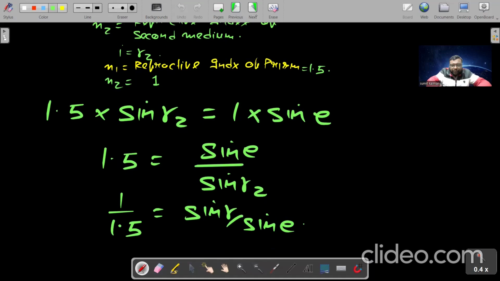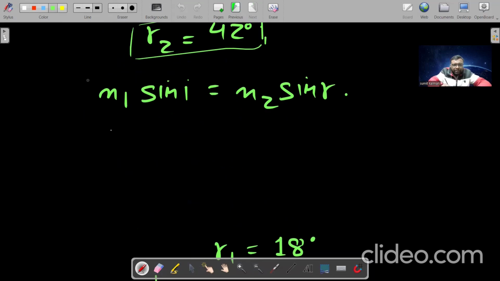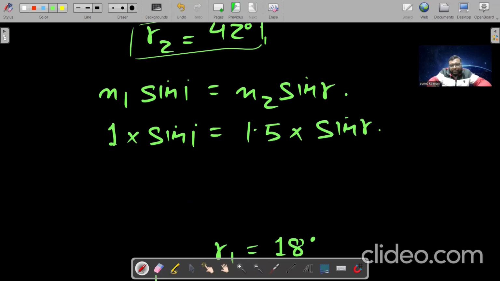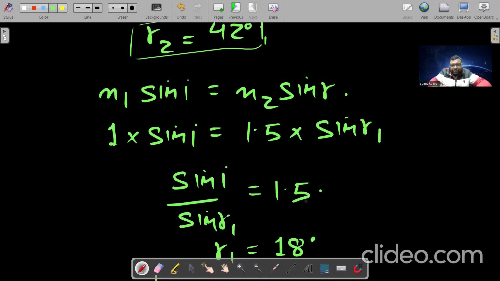So students, here we will apply it. So here 1 into sine of angle of incidence is equal to 1.5 into sine of angle of refraction, sine R1. So here sine of angle of incidence upon sine of angle of refraction R1 will be equal to 1.5. And students,